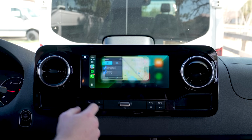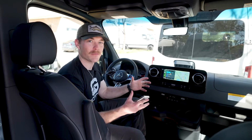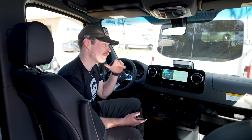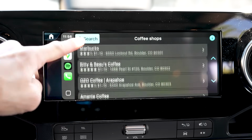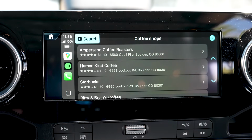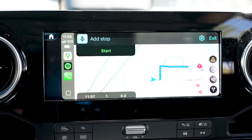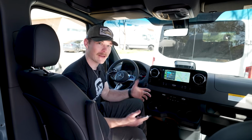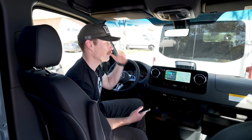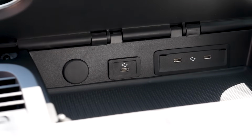All the vans that have a touchscreen are going to come with Apple CarPlay as well. So Mercedes software system is really nice and easy to use, but most people are going to be using Android Auto or Apple CarPlay once they're actively using the van. In this brand new 25 that we're in, they all come with wireless Apple CarPlay, which is super nice. But the wired CarPlay, that's what I have in my van. It's totally fine, works just as good. And you're going to have a little outlet up here in the dash that you plug your phone in to